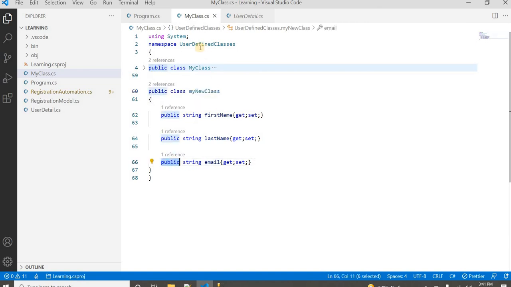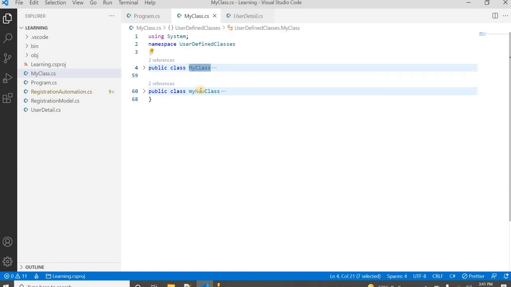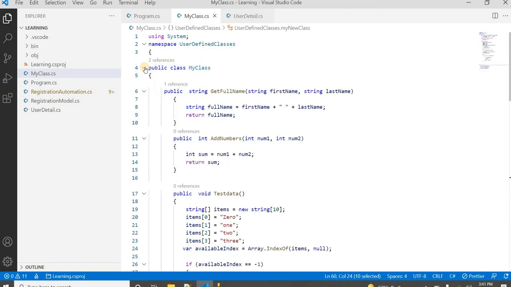Before that, we have now a user defined class. This is the namespace. A namespace can contain multiple classes, like now I have my class and my new class, both existing in the same namespace, but it's suggested to use only a single class in one namespace, because that is beneficial to understand and format the code. Another thing, this my class and this my class may be the same or may not be the same. Mostly we keep it the same, but this is the file name, this is the class name, so don't get confused. Mostly we keep the same name for the file and for the first class.